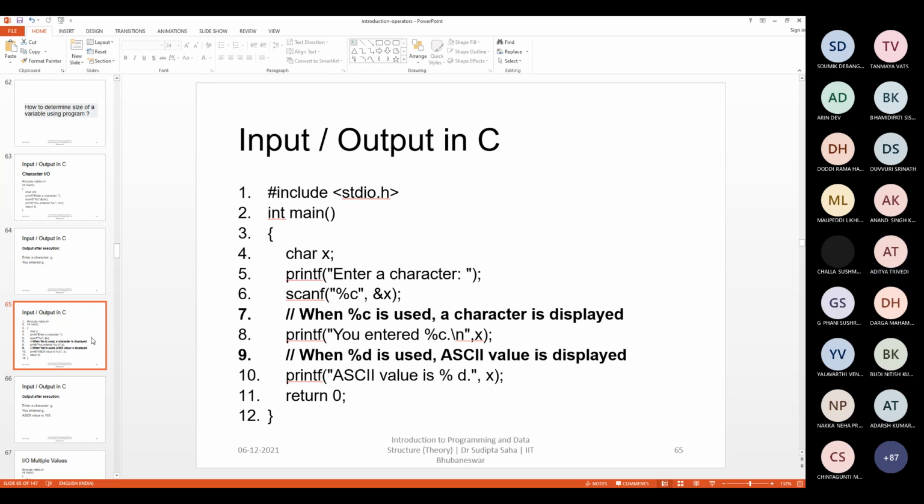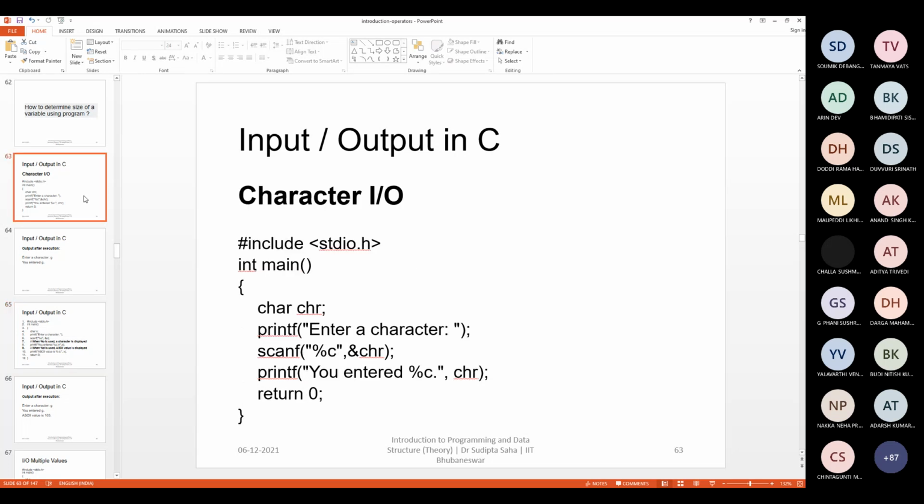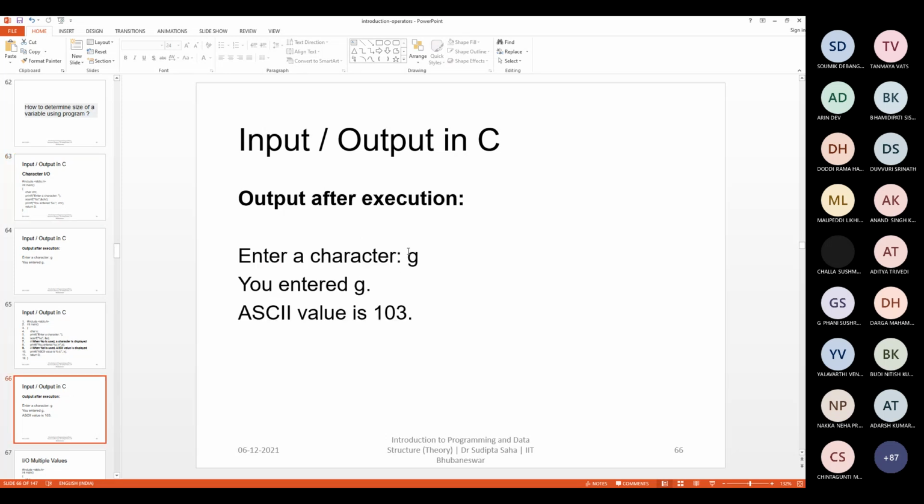Say you know the ASCII value of the character capital C. Capital C and small c will have a defined ASCII value. When you provide the ASCII value of character C in integer format, and then print it using %c, capital C will come out. So do some experiment, and things will be clear. For example, if I enter the character G and print using %d, 103 will come out, and with %c, G will come out. Quite clear?